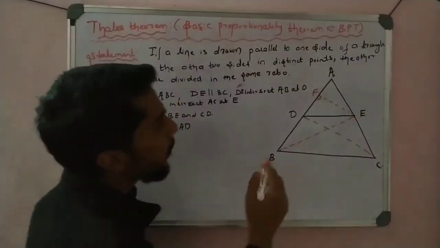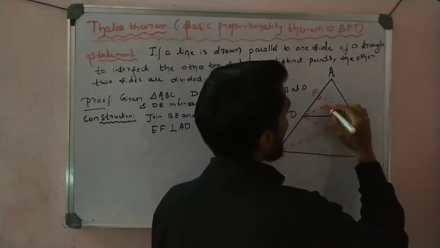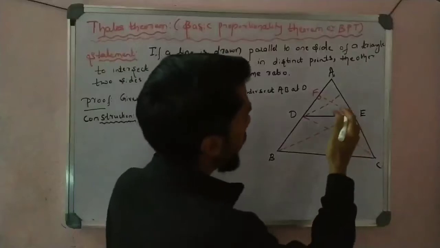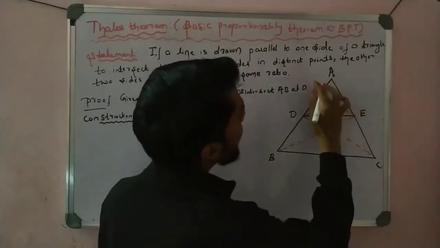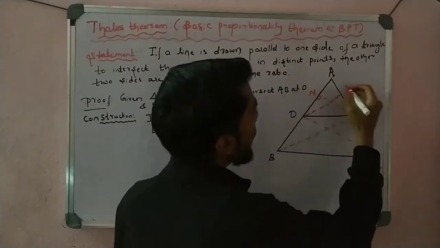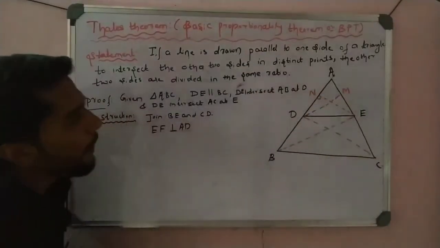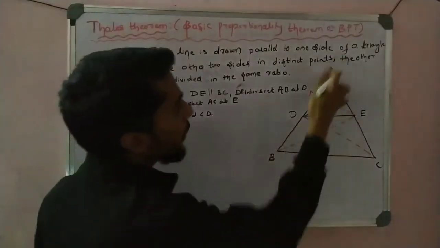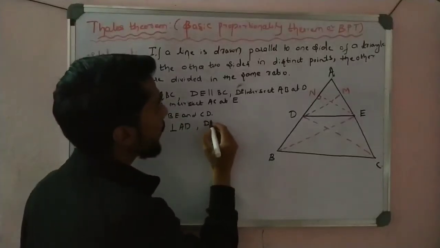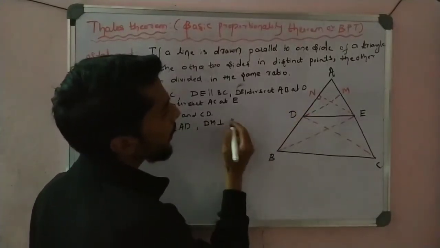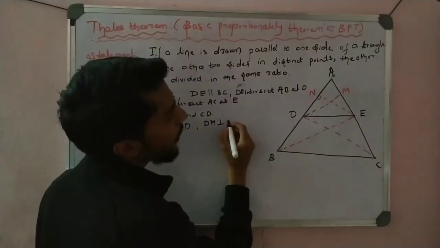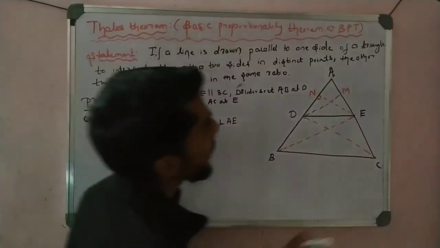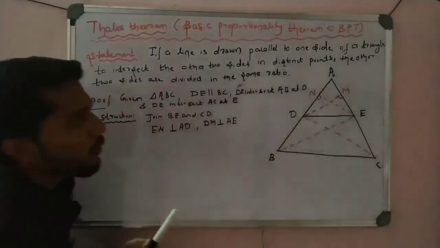Now again I draw like that. I can make here also, and for this I can choose DM. D, I can make this N. Okay, I make it M. Okay, MN is correct. So see here, I can change this EN. EN is perpendicular to DE, and DM is perpendicular to AE, which acts as a height. So it is 90 degrees. So this is what we have done here.